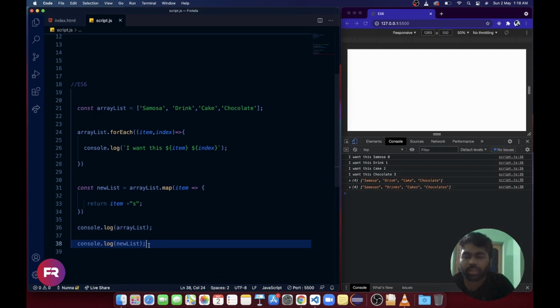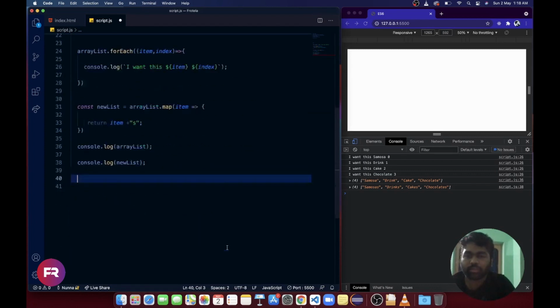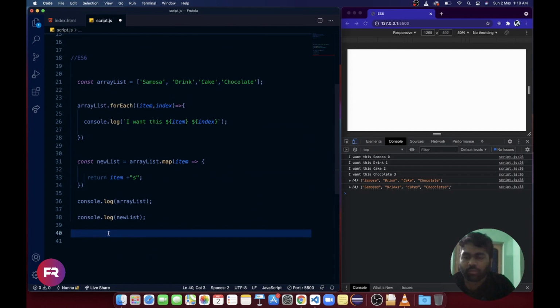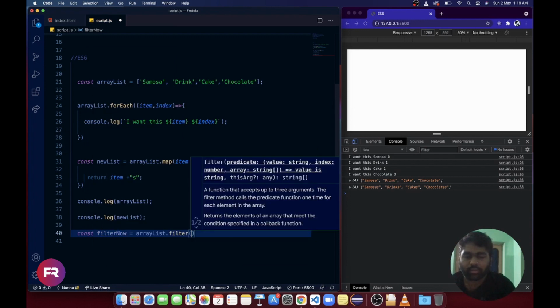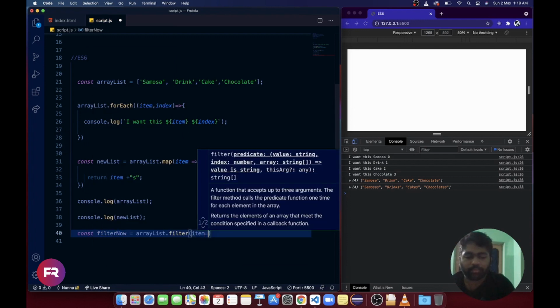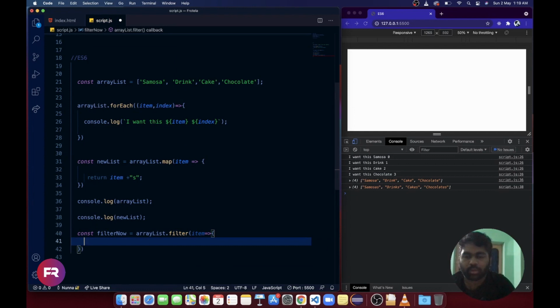Now let's see what filter does. Suppose const filterNow. I want to filter this array list, so arrayList dot filter, with item.